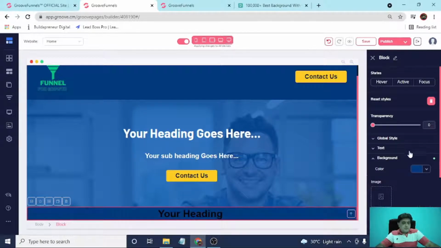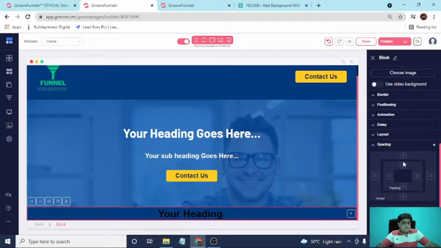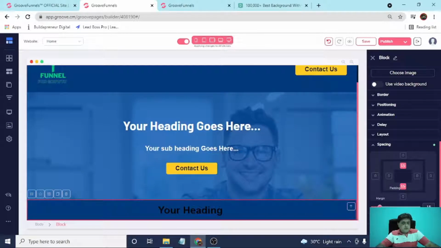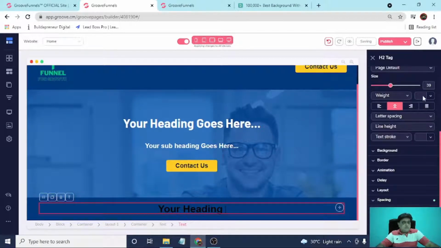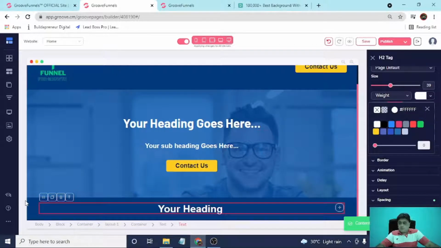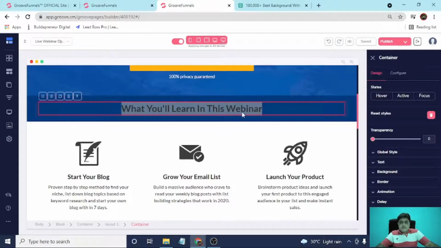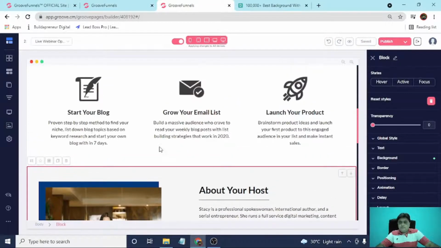Okay, now give spacing a little bit. Little more. Yes, okay, save it. Change text color, make it white. Good. Now let's select this block,